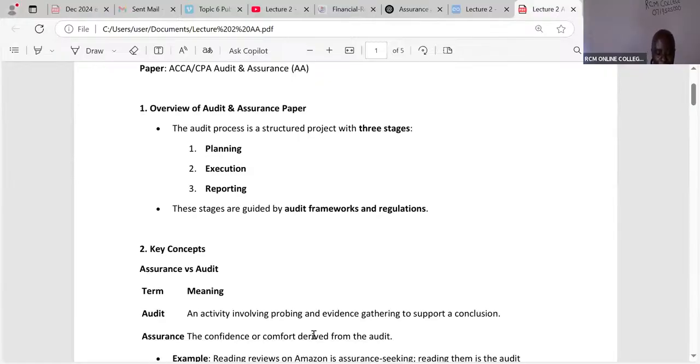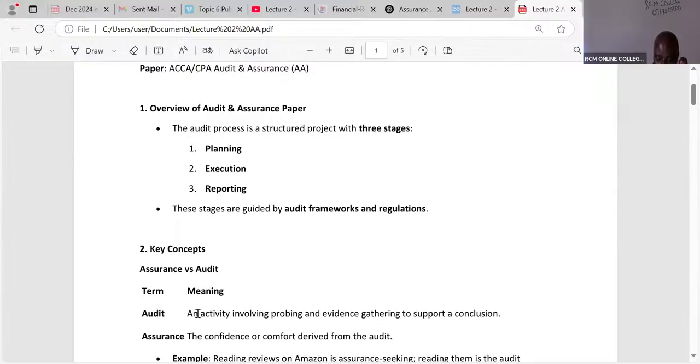When we talk of assurance versus audit, not many students, ladies and gentlemen, are able to differentiate between these two terms. Not many. I normally struggle with these two terms, even when I'm trying to explain them to my employees in my office, because there we train people from first principles until they become good auditors. So we have here assurance versus audit. So in this case, the meaning,